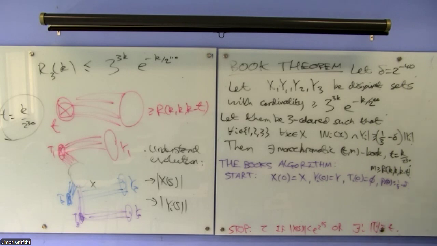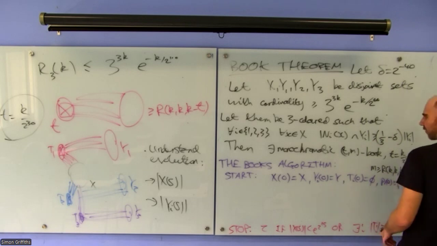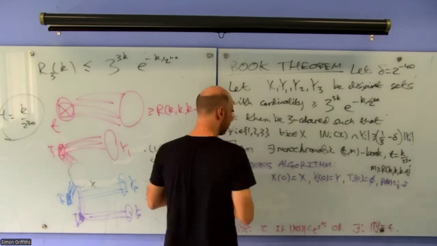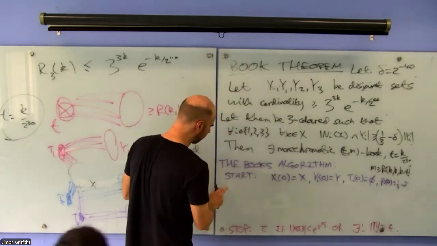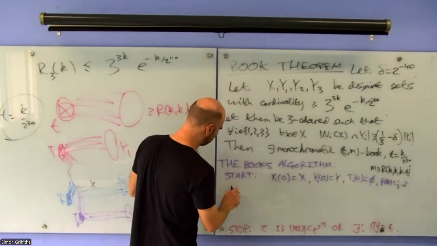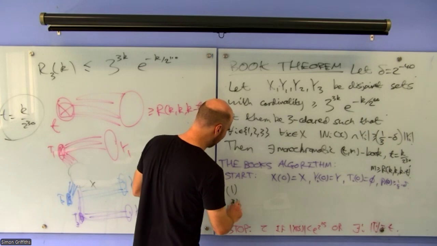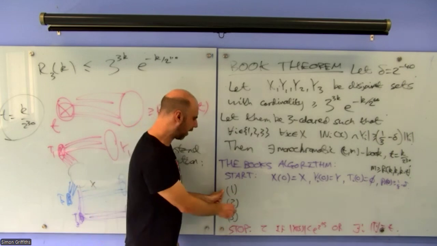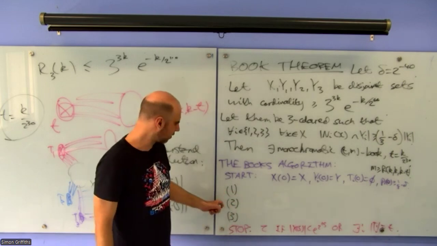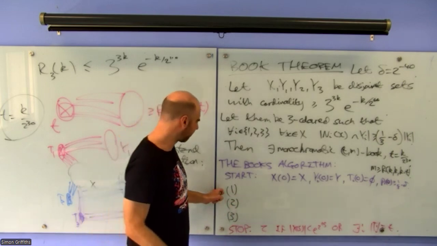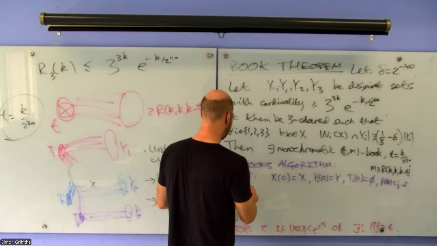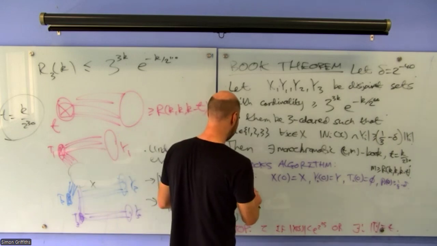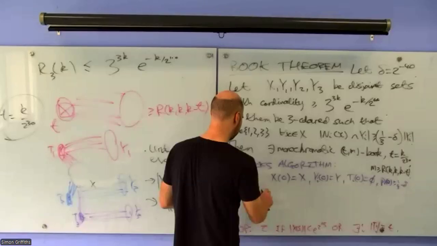Right, so let's remember what the possible steps are in the algorithm. I know it's confusing. I'm going to do 1, 2, 3, but the algorithm is such that every time you do a step, you do 1, and then you do either 2 or 3. So what's the first thing you do? You apply the key lemma